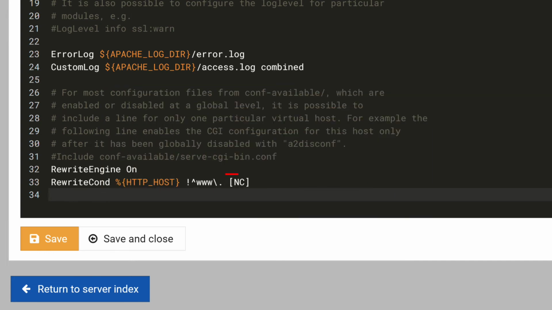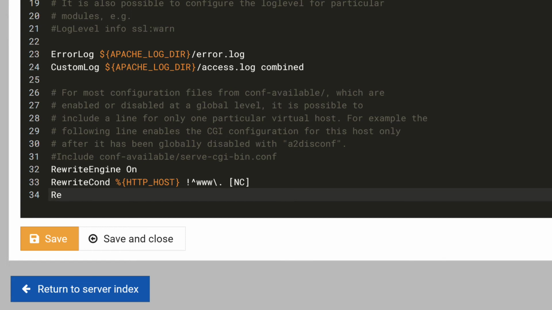And finally, the NC wrapped in brackets is a flag that means no case, so www matches whether upper or lower case. The next line is the rule applied if this condition is true.